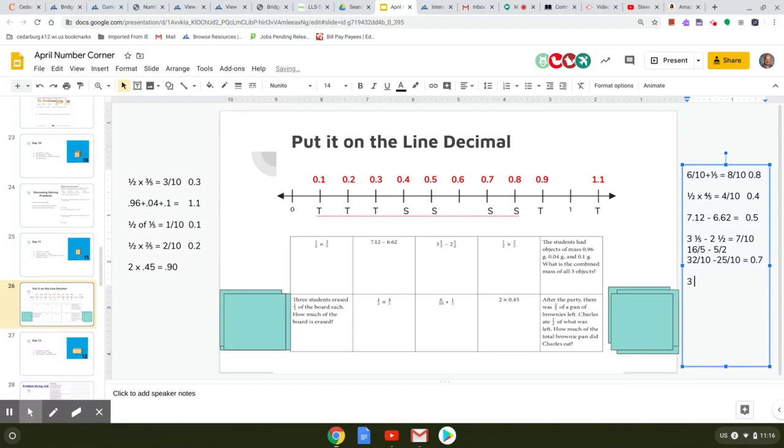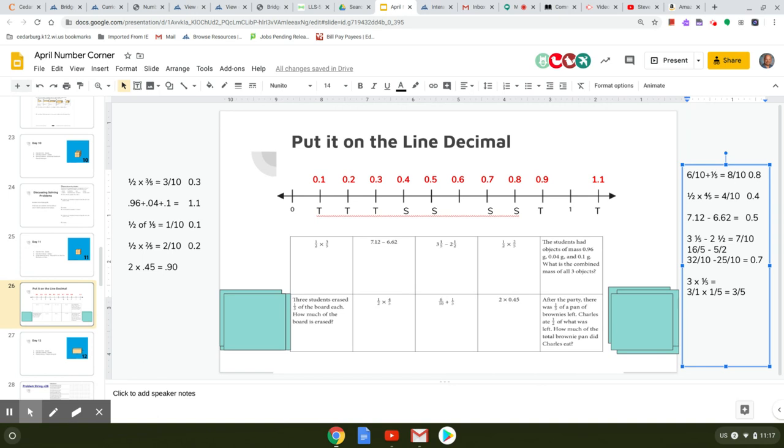So that's 3 times 1/5. What does that equal? Well, I know that I can change that to 3/1 times 1/5. And what does that equal? So now I can multiply my numerators 3 and 1 and multiply my denominators 1 and 5, which gives me